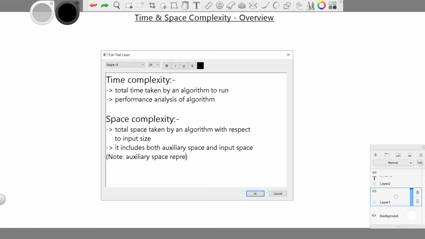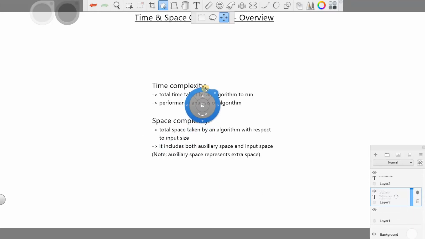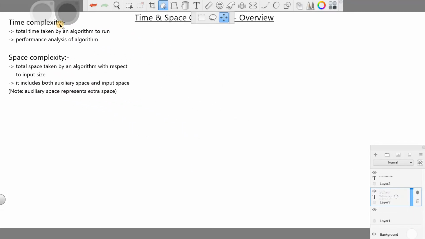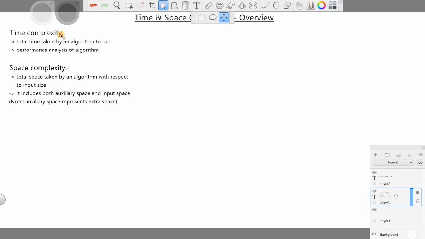Auxiliary space represents extra space. So these are some points for the definition of time complexity and space complexity. We will arrange it on the side so we can revisit it again.